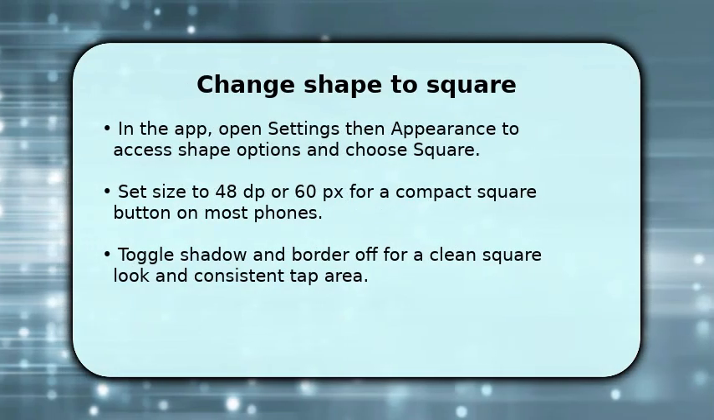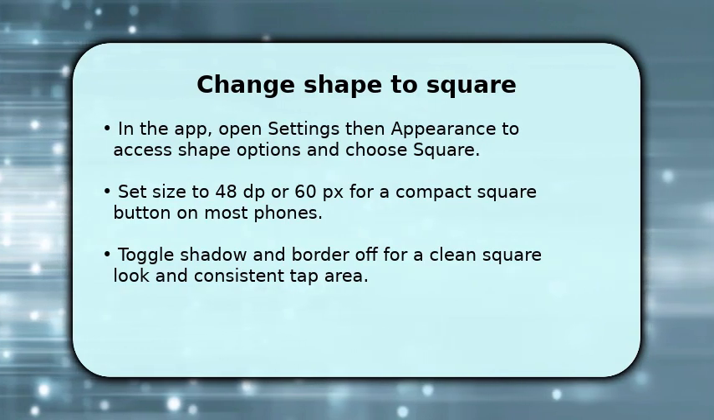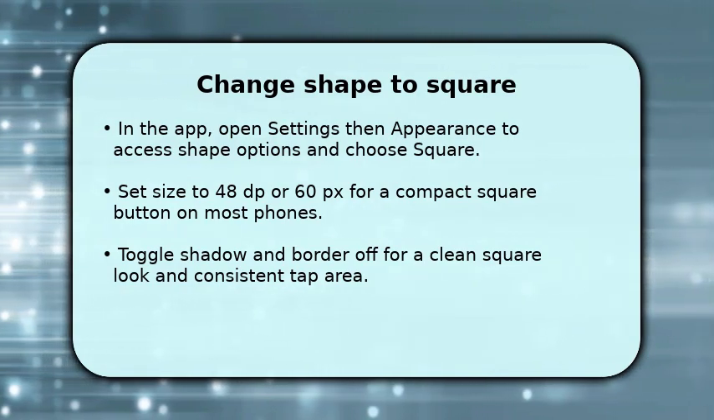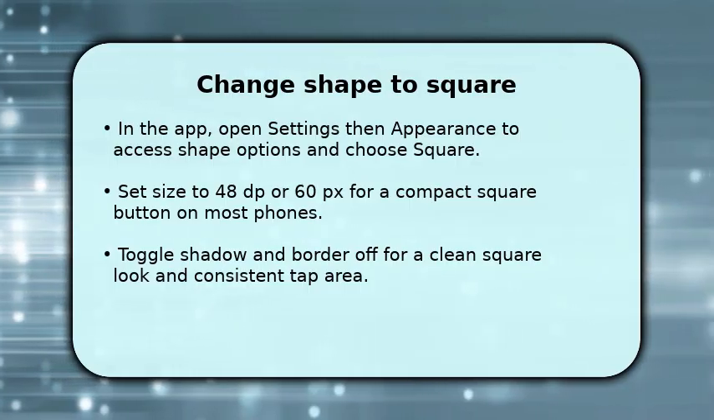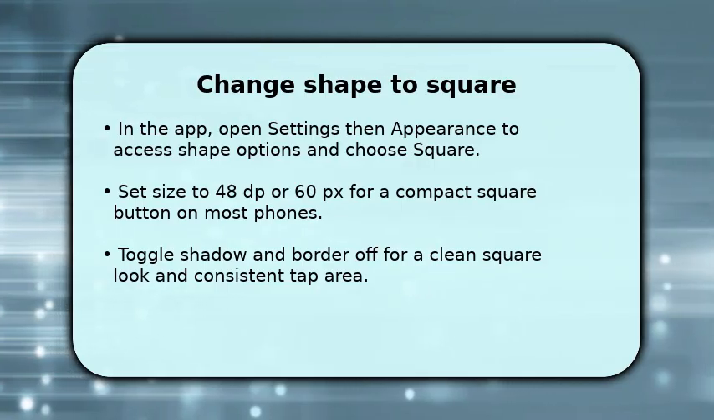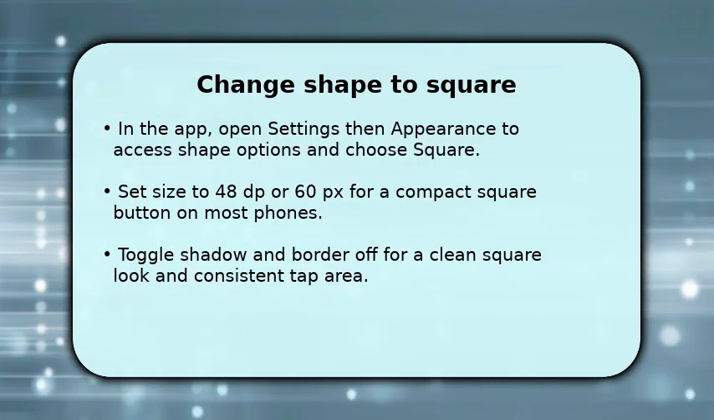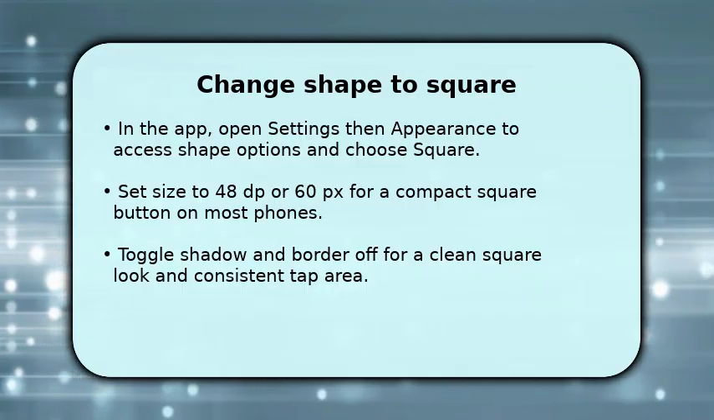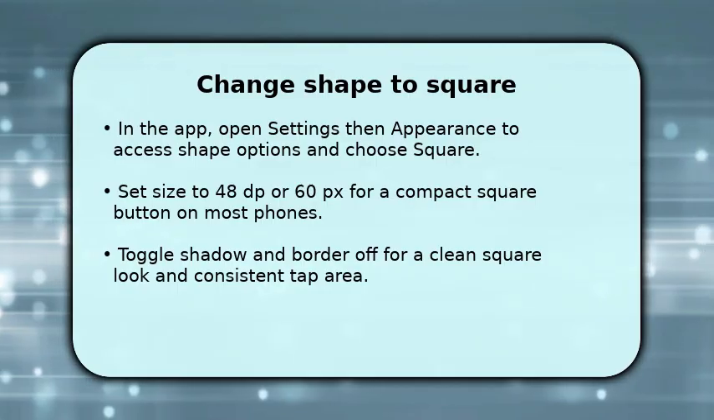From the app home screen, open Settings, then tap Appearance to access visual options. Locate Shape and choose Square from the available shape presets. Next, set size to 48dp or 60px for a compact, consistent square button on most phones. Adjust corner radius to 0 if a specific slider exists. This ensures straight corners. Finally, toggle shadow and border off for a flat square appearance and consistent hit area across